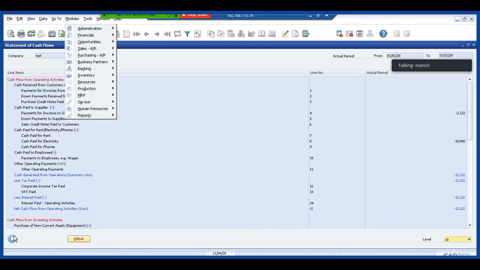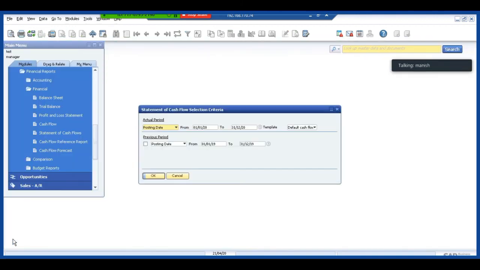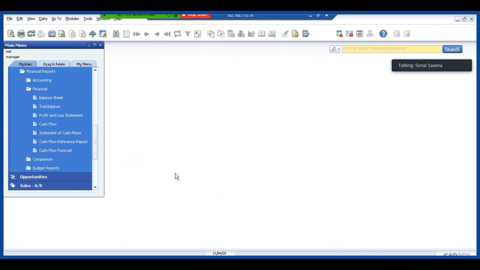Anything else that we can cover on this particular topic? Anything else that you want me to cover, or any questions? I think none of us here currently on the training are using the SAP HANA version for SAP Business One.